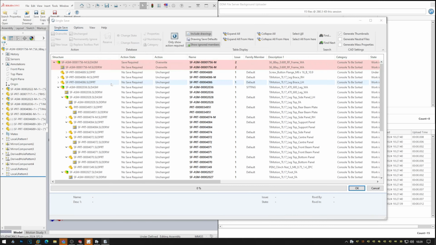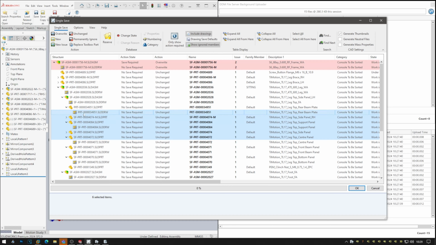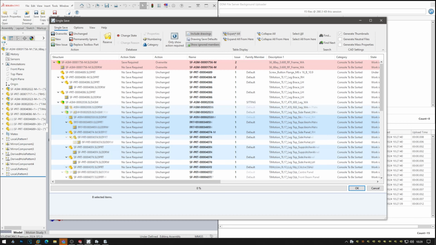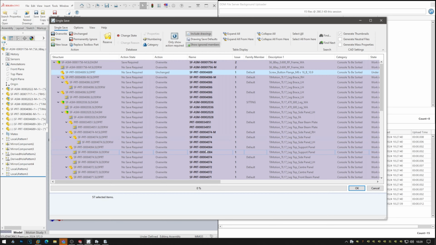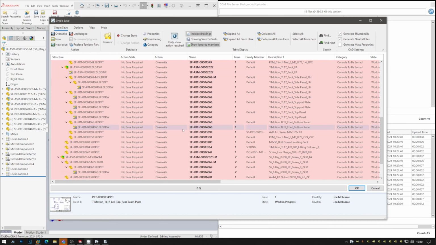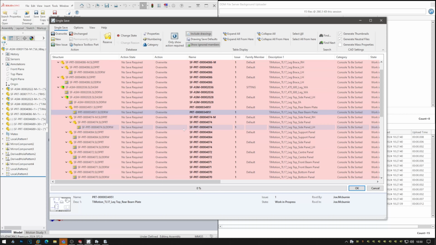it analyzes what I've got locally. Again, I'm going to select a load of things that we need to save. In fact, let's expand all, select everything, overwrite every file. Okay, one of them I'm not allowed to, probably because it's released. Okay, and we're going to generate neutral files. This is a big save. Very rare that you would ever want to save this amount of data. Okay, but this is just to demonstrate the performance. When I now save,